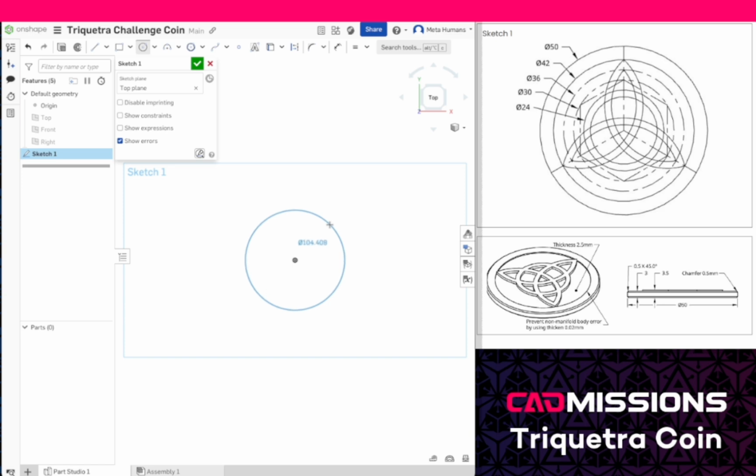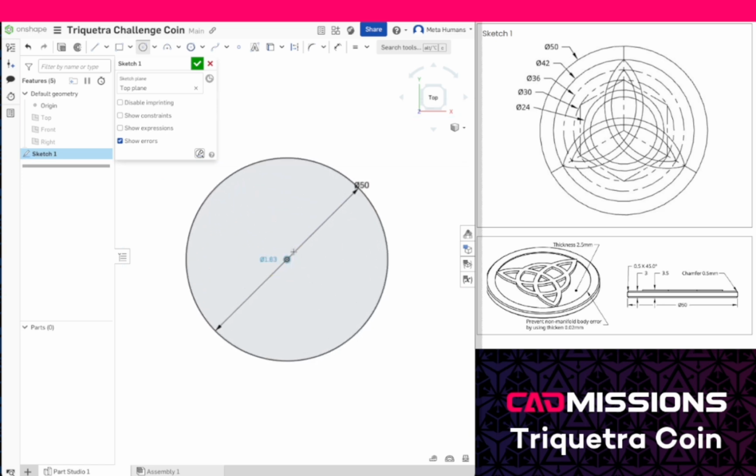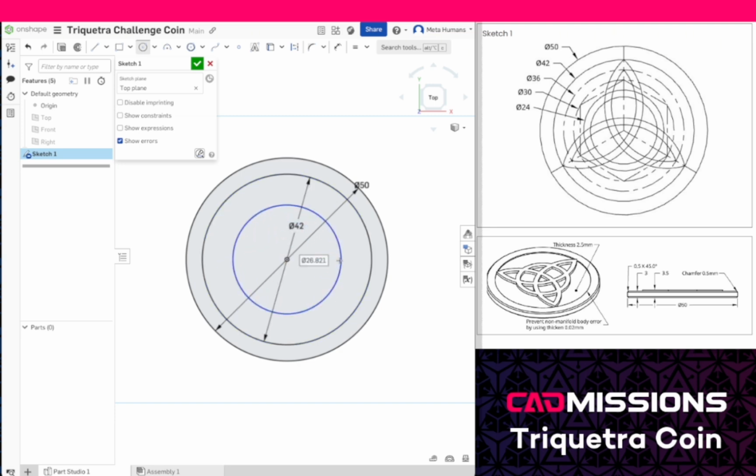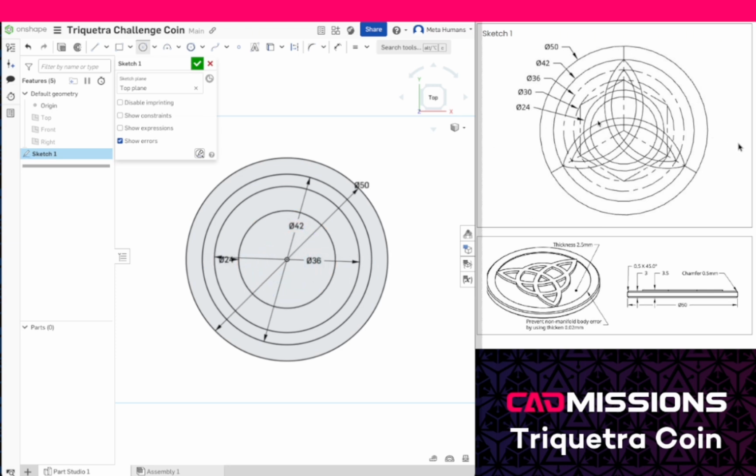We're going to create them real quick. So first the 50, 42, 36. We'll make construction lines later. The 24. There's a secret one in the middle there. We don't know its ratio. We're just gonna go and create one random, and then there is this